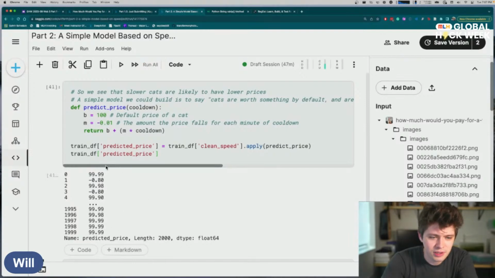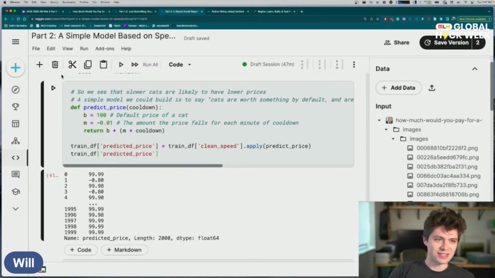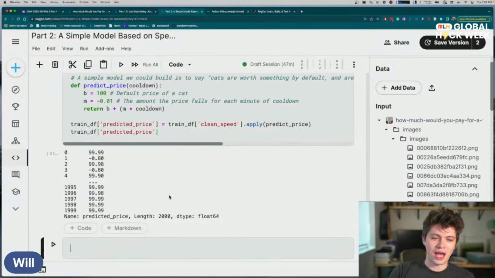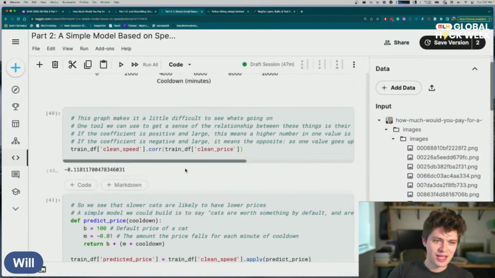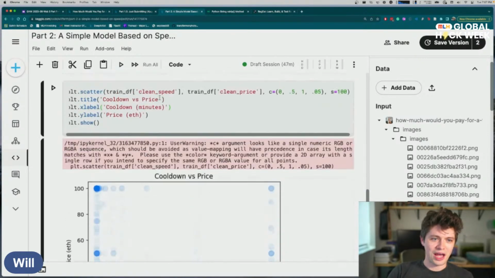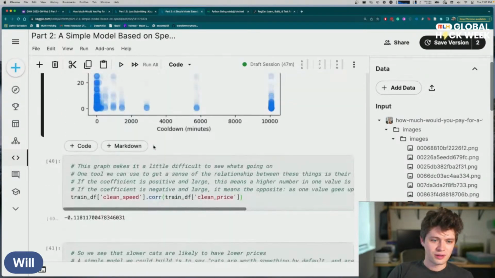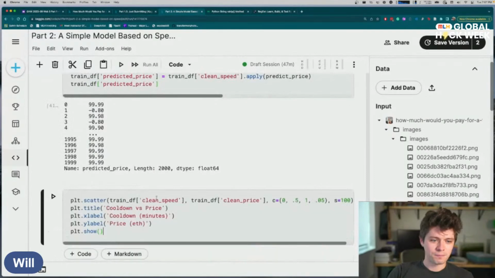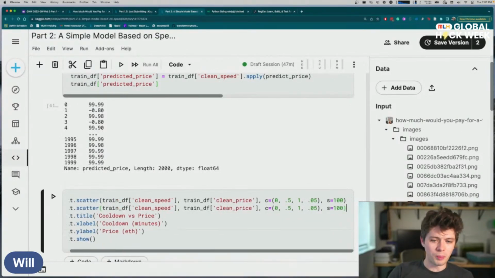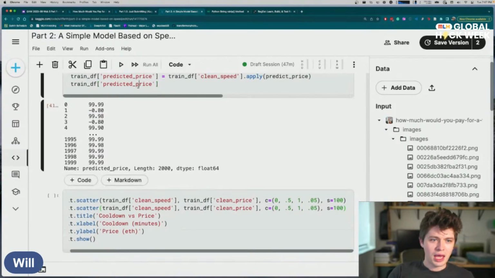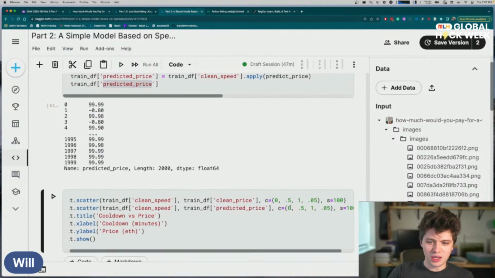So we can see predicted price here. Ooh, in fact, something that would actually be kind of fun to look at now that we've predicted prices is to actually graph our predicted prices versus our actual prices. So if we come back up here and grab all of our graphing stuff, we can, in addition to, so in blue, we'll plot our actual prices. And then maybe we say in red,